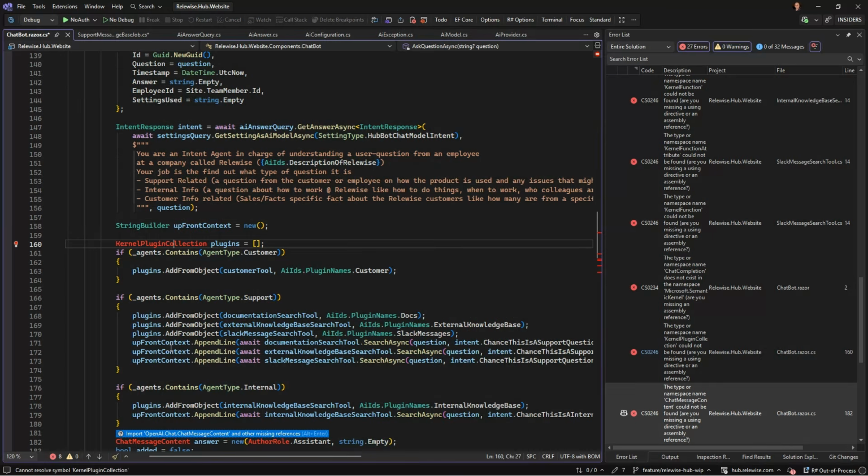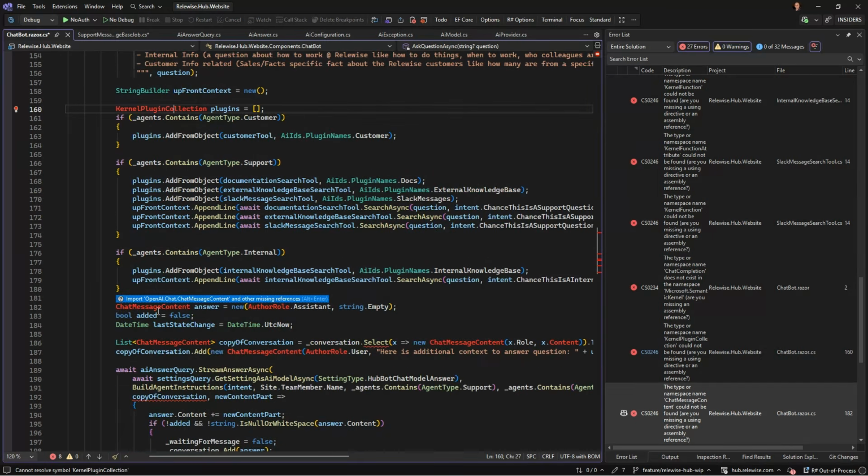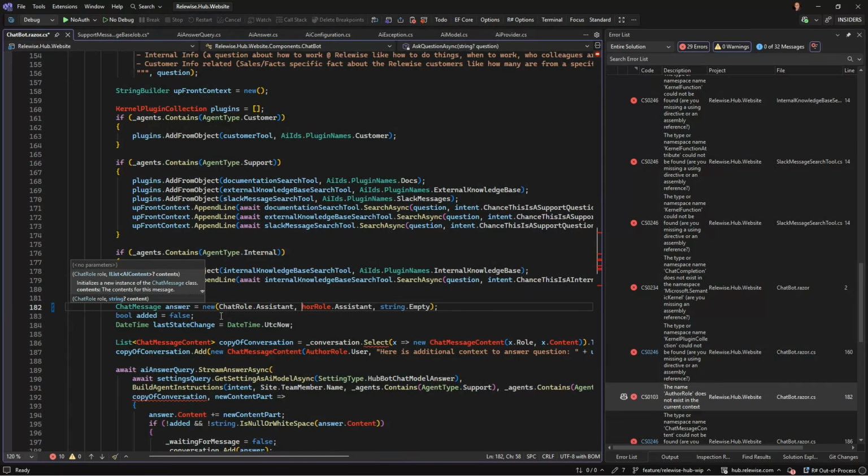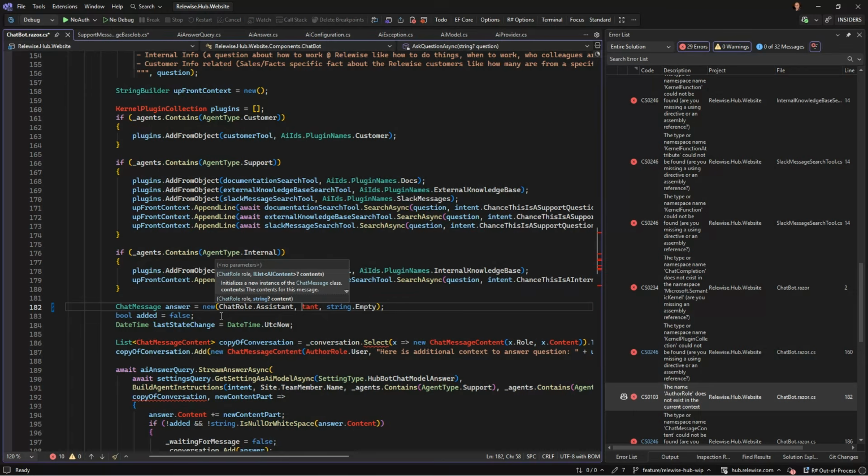Oh, then we come to plugins. Gonna leave that for now. Gonna make a new chat message with assistant user role.